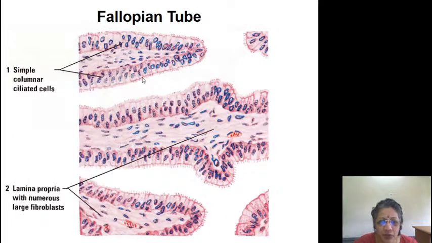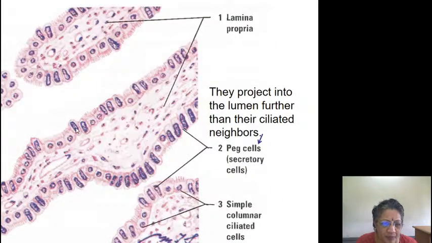So the diagrammatic view of it, please draw lots of cilia from the surface, and inside the lamina propria you will see fibroblasts, you will see some vessels, and so on and so forth. But you will also see these PEG cells only at very high magnification, which are projecting more into the lumen, and which do not have these cilia. These are cilia, these are non-cilia. So that is the difference between a columnar cell and a PEG cell. They project further, they are secretory in nature,